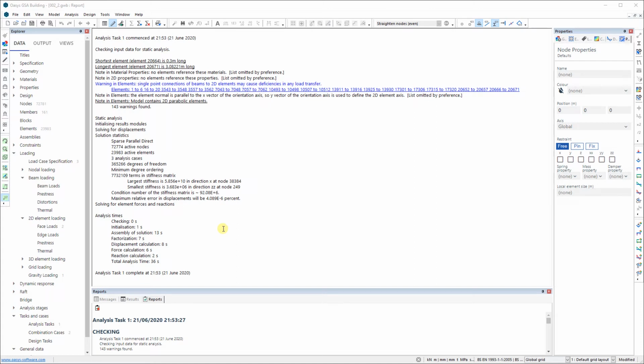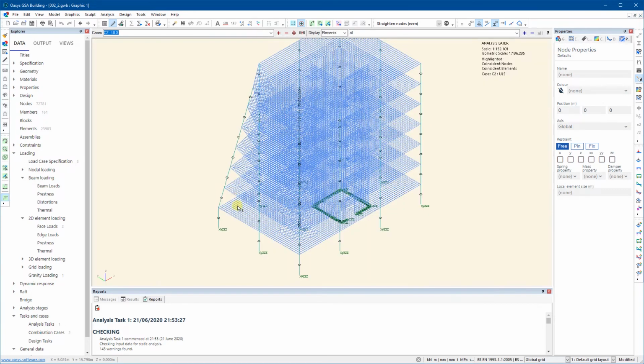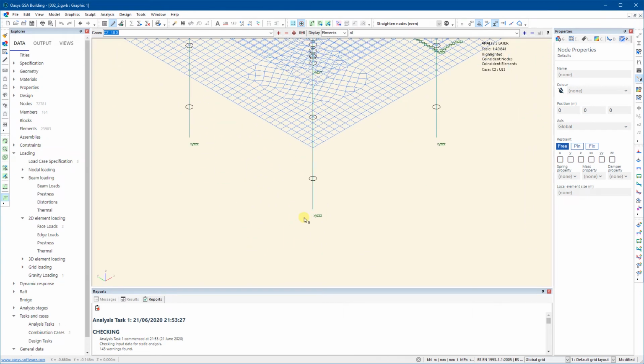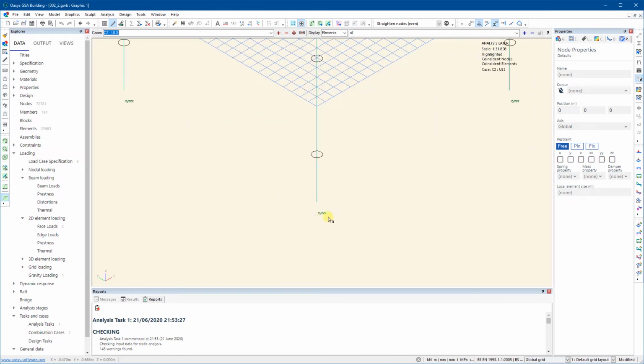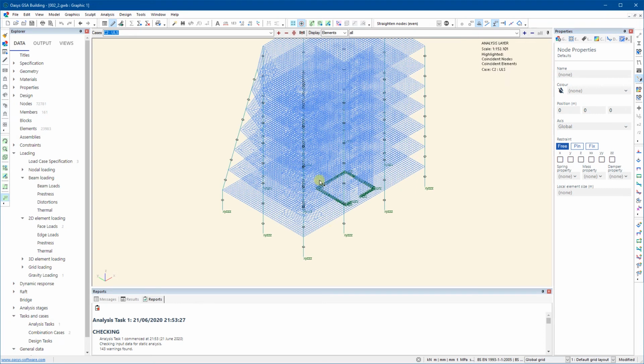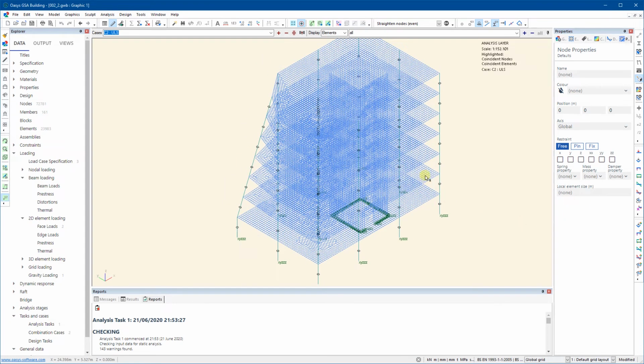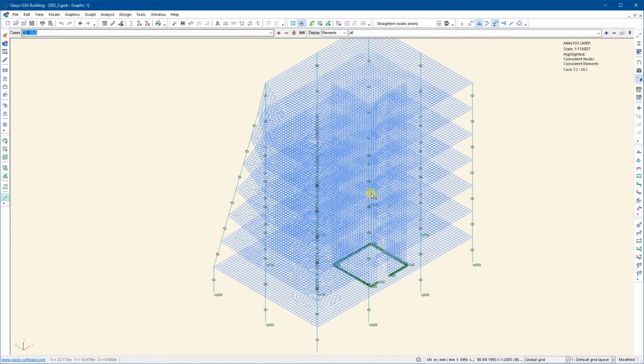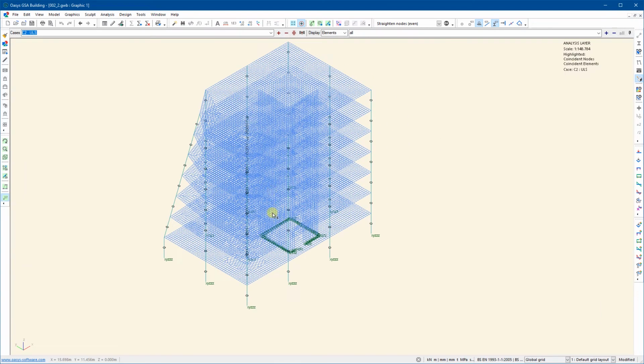If I find a reason for that, I'll of course update this video. So you see there's X and Y, Z, and the ZZ, so the rotational restraint, again to give the model the required stability. So that's it basically. We've now applied the loads, we've analysed our model. If I look at this in the full screen view,